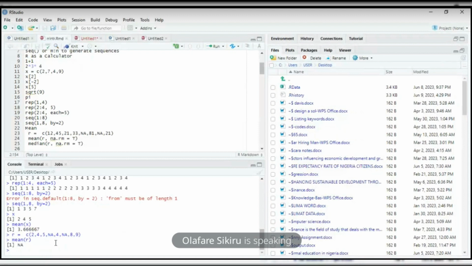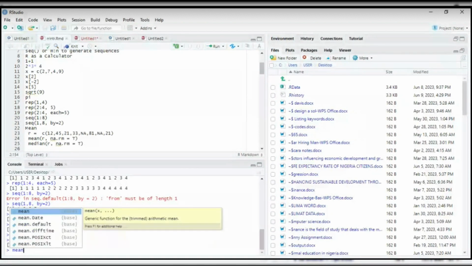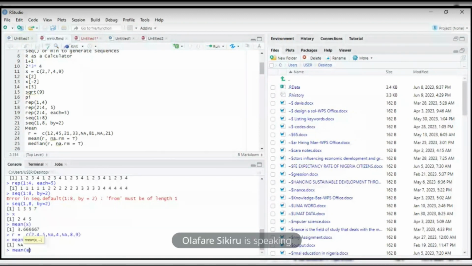There are some codes you can use. There are a lot of methods we use when we want to remove missing values. But since we are just having an introduction class, I will give us the basic way to remove missing values. Now I can easily say I want to look for the mean of R, then comma NA, mean of R, comma na.rm